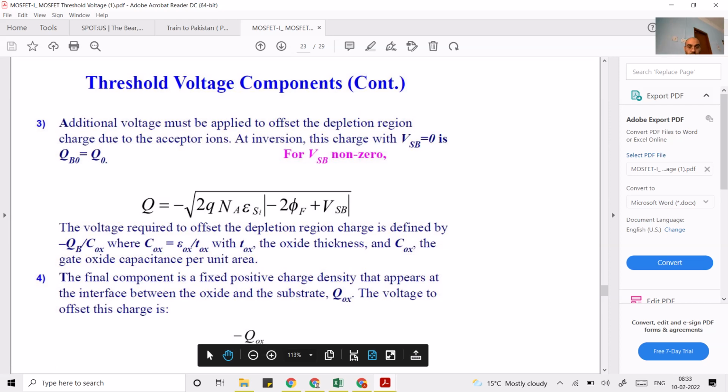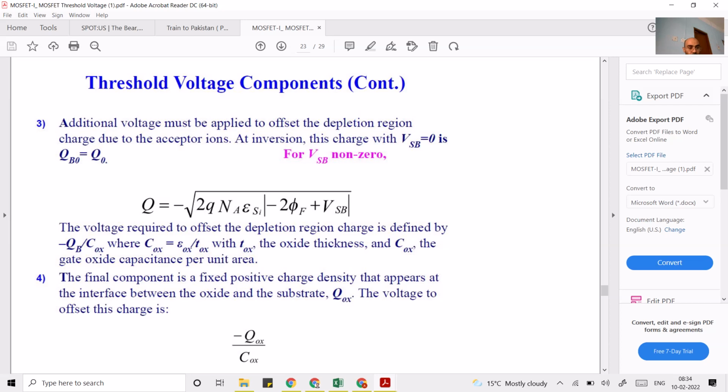Okay, and how much voltage will be required, that will depend upon this charge. So this we have derived already. Okay, and here we are considering the body as ground. So you see, if the body is ground, then this particular thing we represent with VQ0, or QB0, if we are in general talking about